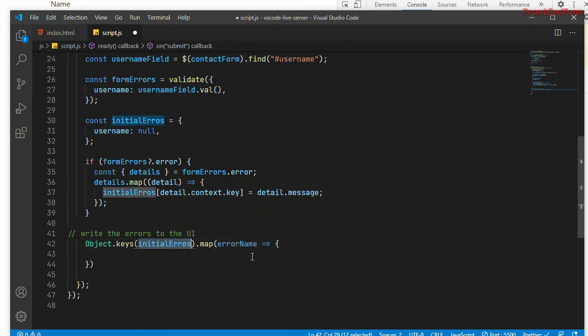So initial errors dot map, and we'll be getting the individual error name. If the error name is username, then we'll be having username here for the first iteration.